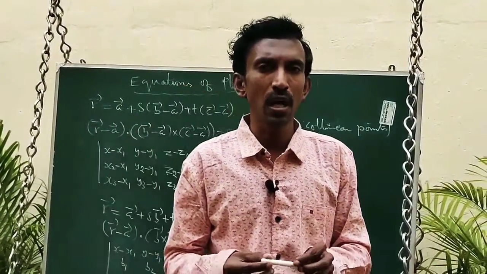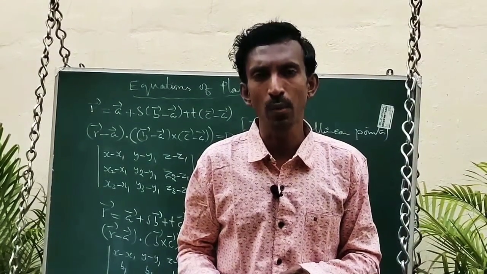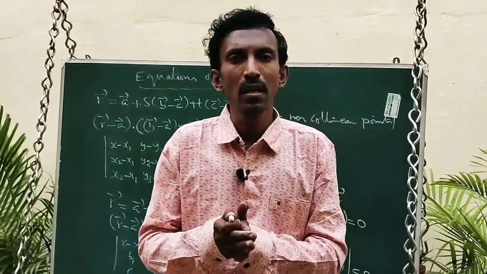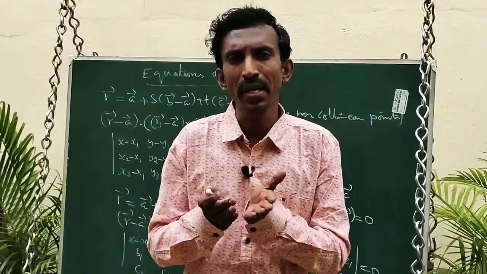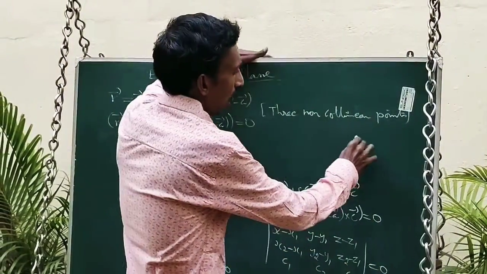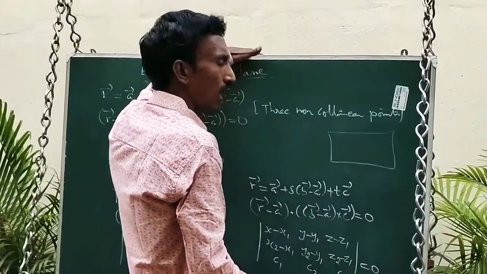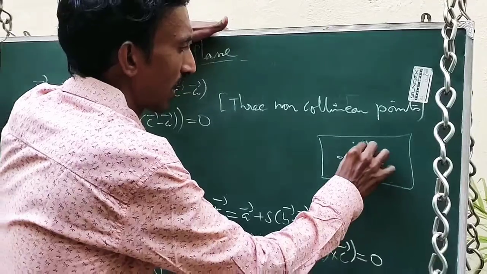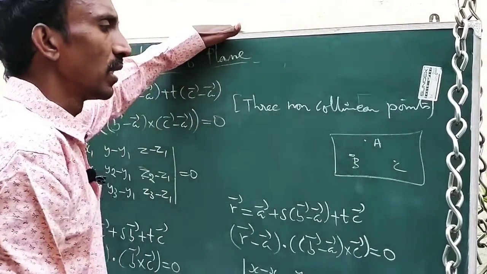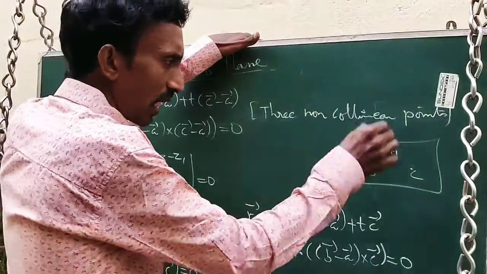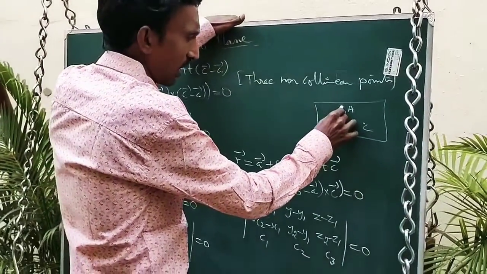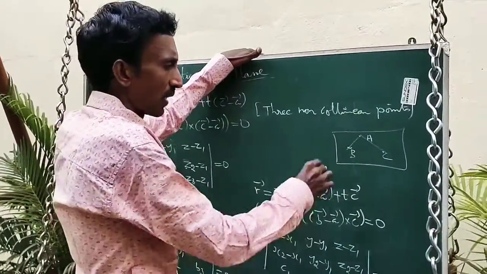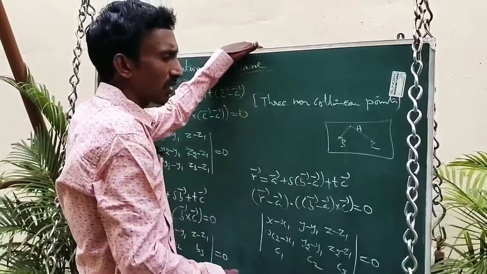Now today we are going to solve another three types of plane equation. The first type is the equation of the plane when three non-collinear points on the plane are given. Suppose think of it as a plane. Non-collinear points means they do not lie on the same line. So we can take three different points. For example, if we consider AB and AC, they are not collinear and they lie on the plane, which means we have a condition.